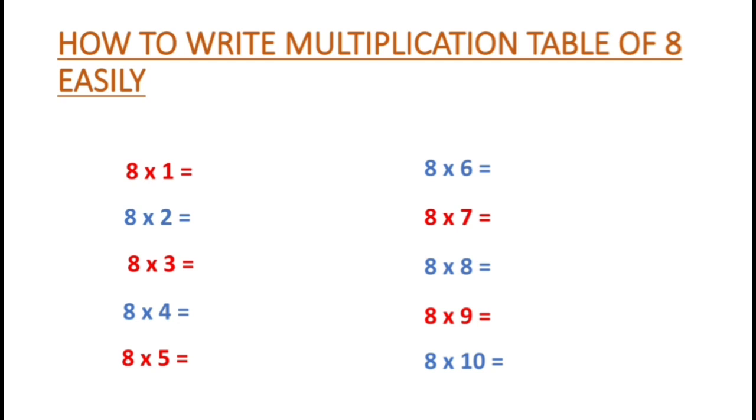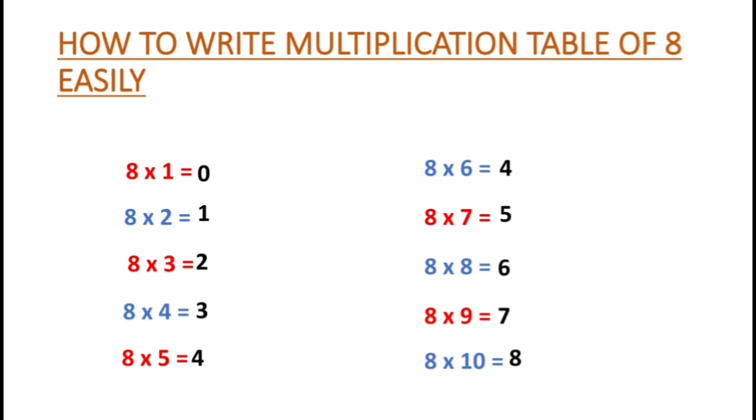Now what I am going to do is I will start writing the numbers from 0. 0, 1, 2, 3, 4. Again I will start from 4: 4, 5, 6, 7, 8. Here I will write 4 two times. So what did we do? We just wrote the numbers 0, 1, 2, 3, 4, 4, 5, 6, 7, 8.